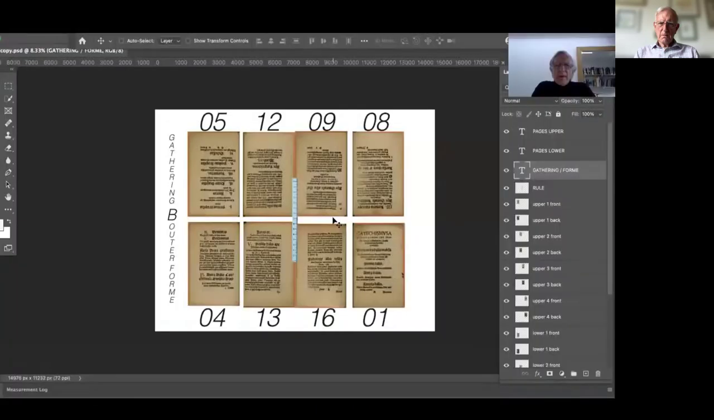Now, backlighting can be used to reveal these watermarks, and we'll now show more clearly how that was done with a specific example, in this case, once again, from Vilnius, the second gathering, Gathering B. 8 pages on one side, 8 on the other, because it's an octavo. A rule is in the middle, which can be moved for measurement purposes wherever we wish. And as we can see, if we turn off the front lighting,